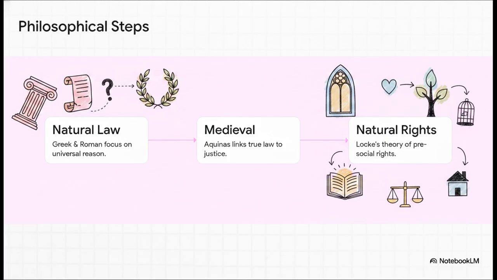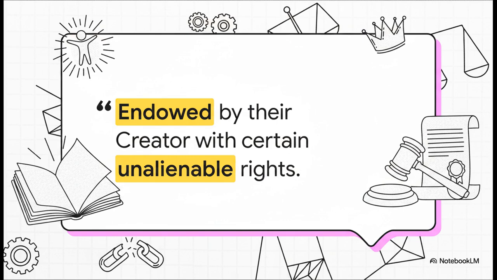What does that mean? Well, imagine you're just a person living alone in the woods, long before kings or parliaments were ever invented. Locke argued that even in that natural state, you inherently possessed rights to your life, your liberty, and your property. You didn't need society to grant them to you. Locke went even further. He argued that the only reason governments are created in the first place is to protect those natural pre-social rights. And if a government fails to do that, the people have the authority to alter or